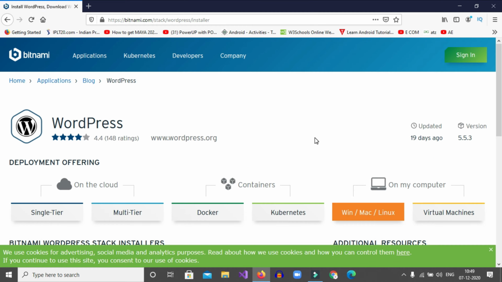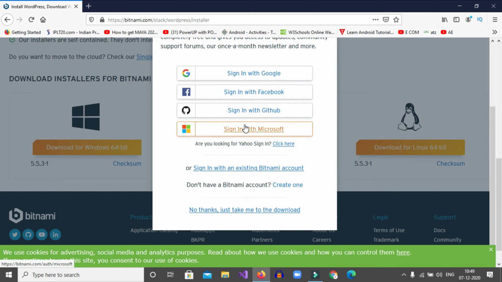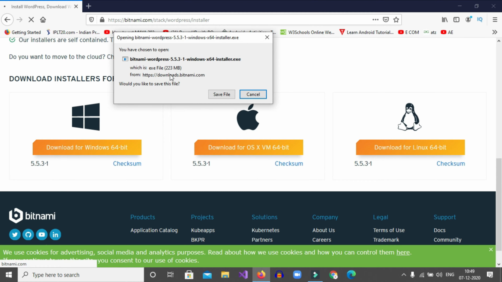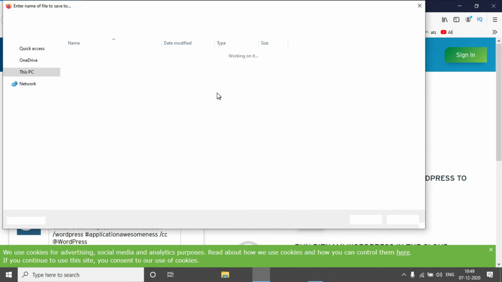Then scroll down. Here you can observe Download for Windows 64-bit. Then click on that link to download WordPress. After clicking on that link, it will ask you to create an account or sign up. It is not necessary. So click on No thanks. After clicking on No thanks, it will ask you to save the file. So click on save and select the path where you want to save. I am saving in Downloads,